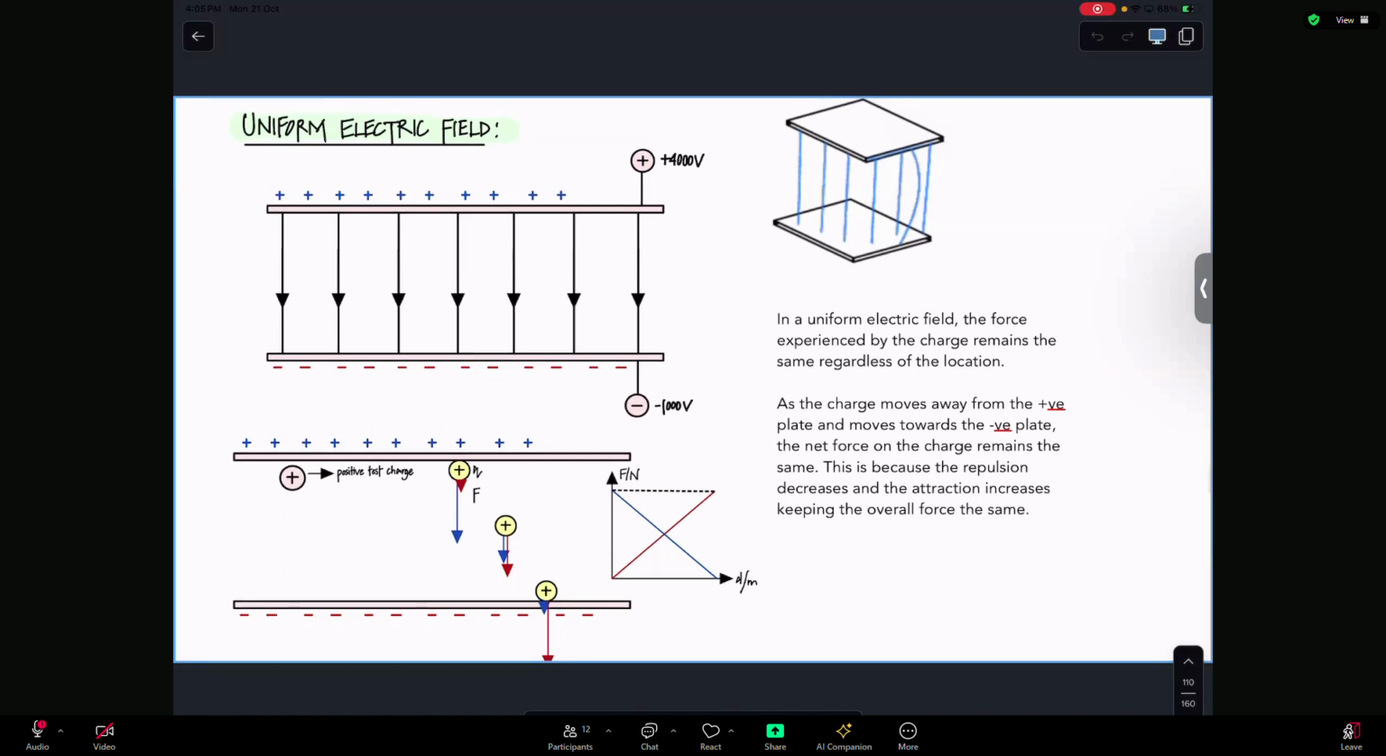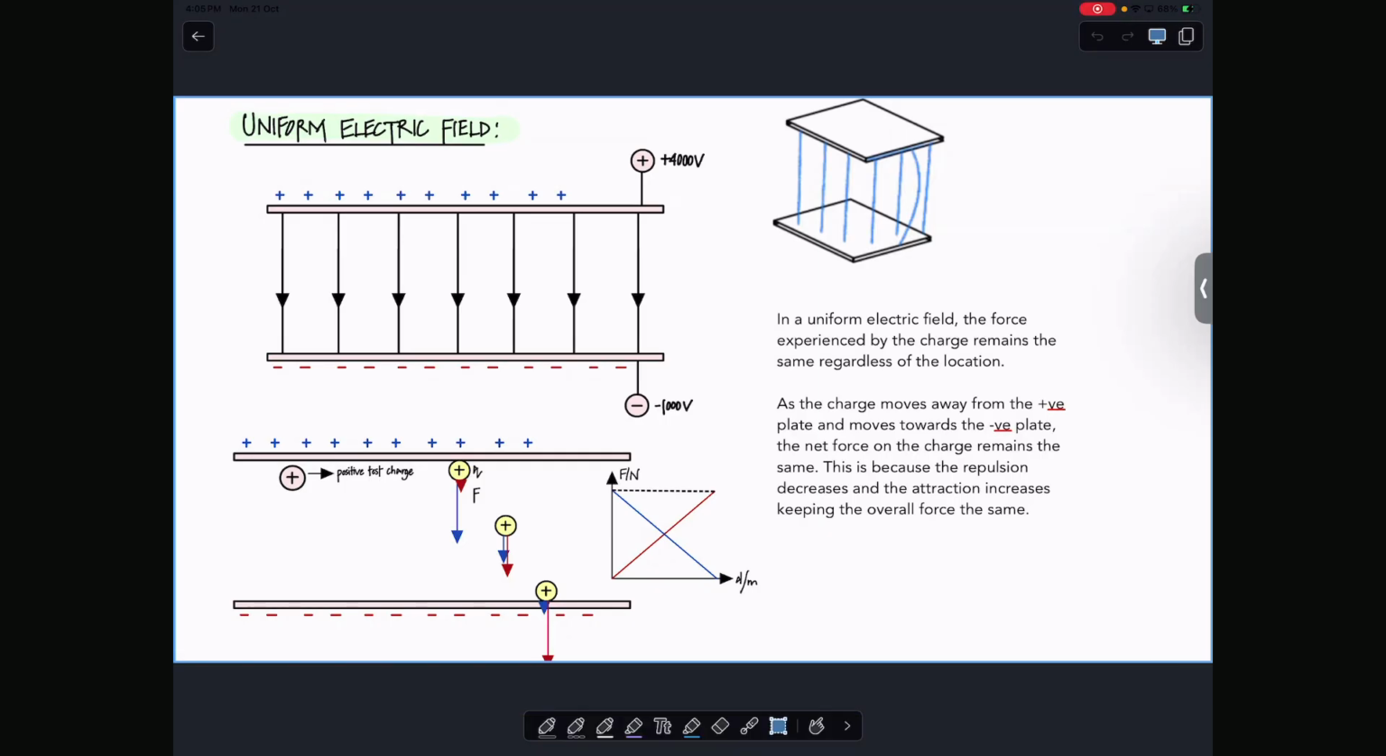We'll build on this field and we'll find equations to solve the field problems. Do you have any questions regarding uniform field? You can let me know. Just a quick reminder, it's a region in which a charge will